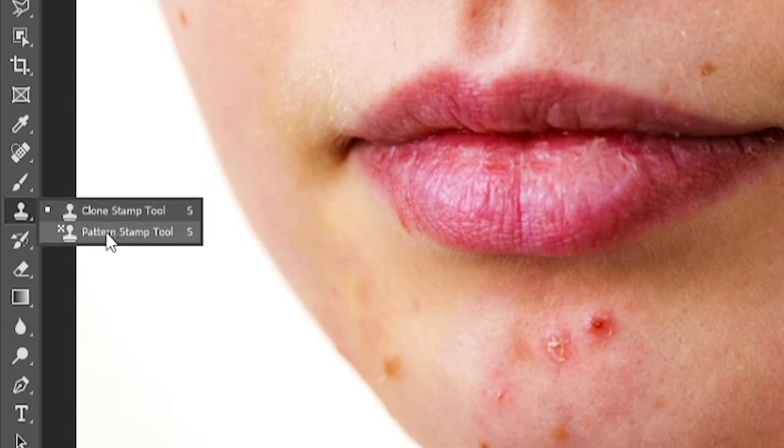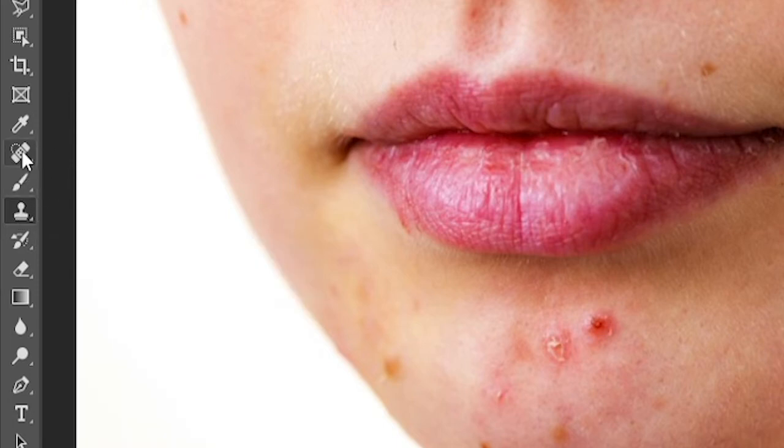Both work efficiently, but the difference is the pattern stamp tool only samples the texture, but the clone stamp tool also captures the color of the certain area that you selected. And you gotta be mastering this tool a little bit before you exactly use it properly.